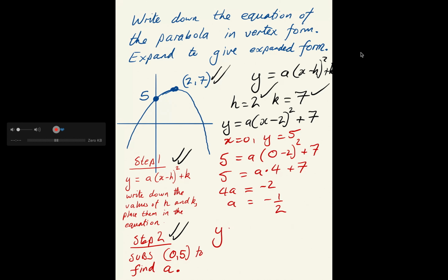I'm going to write down the equation now. y equals -1/2. That's good, because a is negative, it's concave down. This is (x minus 2) squared plus 7, okay? I will expand that after I've done maybe the next question. Let me just copy this, because I've got no more space here to expand it. So if I copy it,